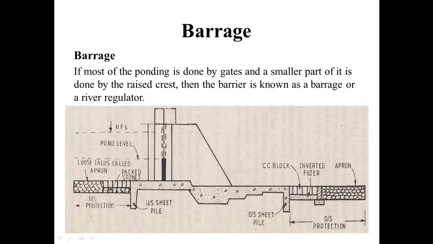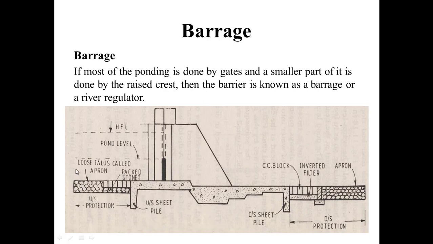As you can see in the diagram of a barrage, it consists of gates and a proper structure. A proper structure is constructed and gates are installed, and through these gates water is stored. When we need water, we close these gates and water is stored, and when we do not need water, we open these gates and the water moves to the downstream side. On the upstream side,